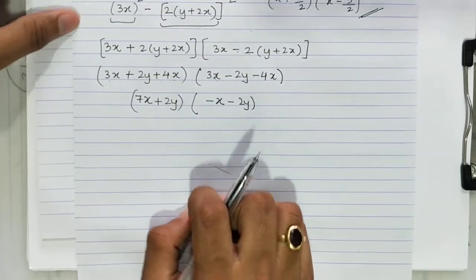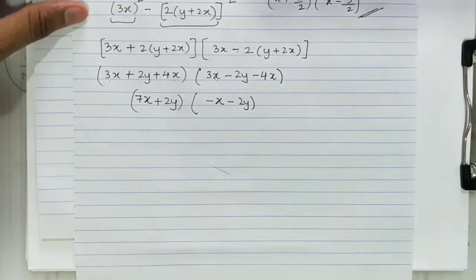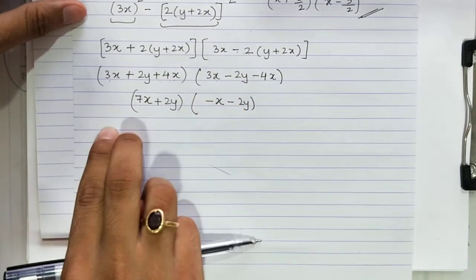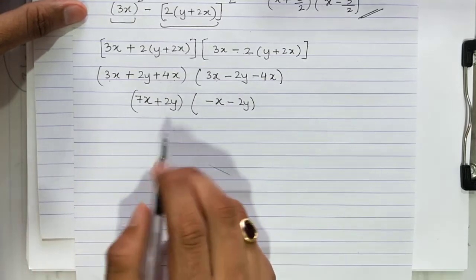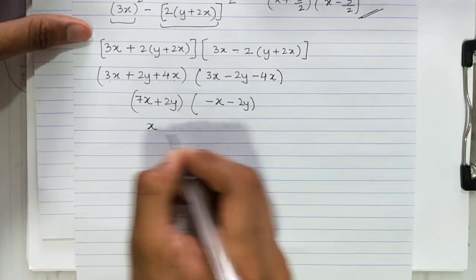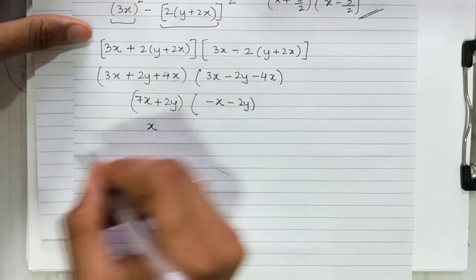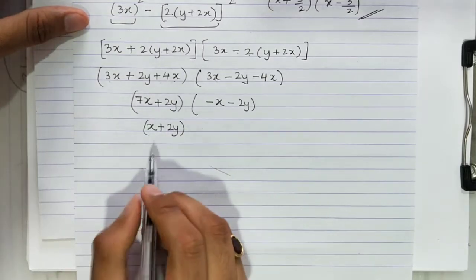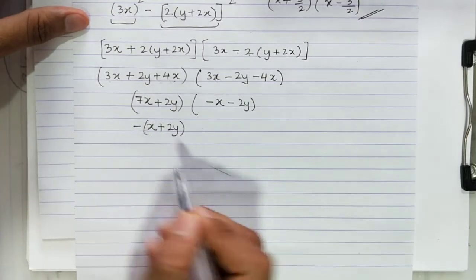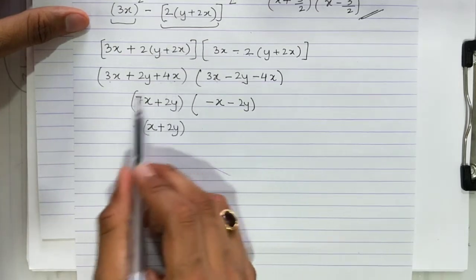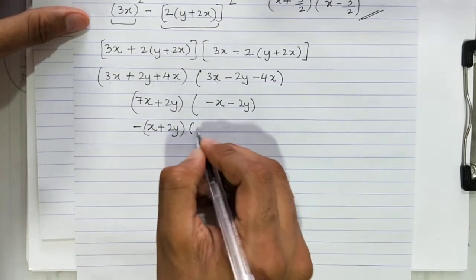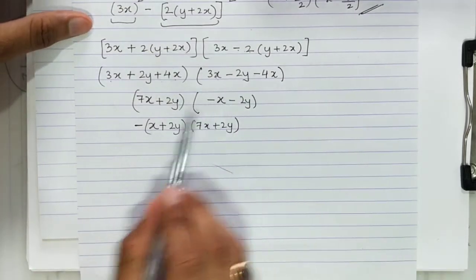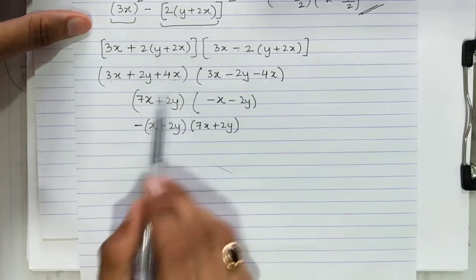In the textbook also they do it. What is the simplification? See, there are 2 minus signs here. So I can take this minus sign common. I can remove this minus sign outside. So what I'll do, I'll take both minus signs common. So this will become x plus 2y. Correct? x plus 2y. This minus sign will come out. Okay. And this 7x plus 2y which was there, I'll write it in the second position. Just for simplification. Here we took the minus sign common. And then we wrote 7x plus 2y.